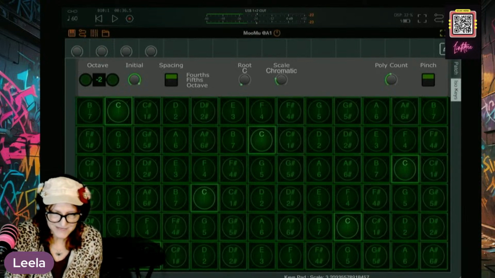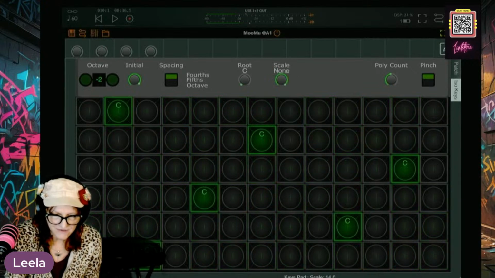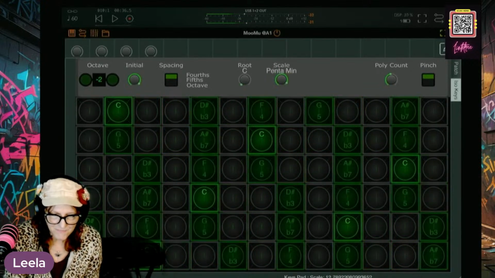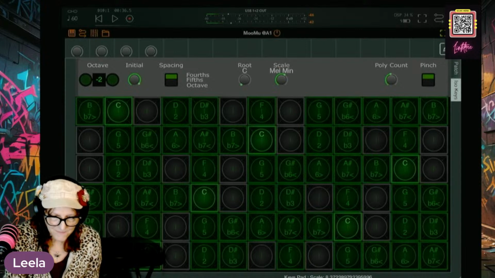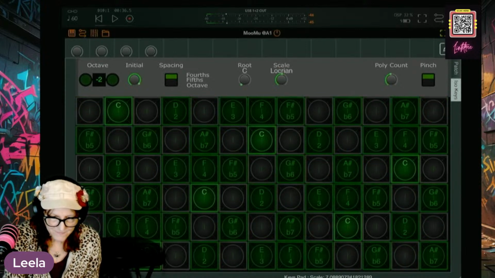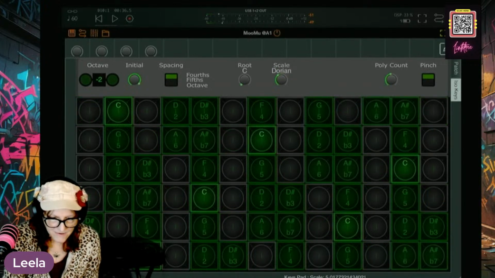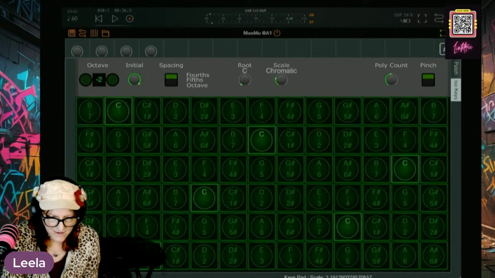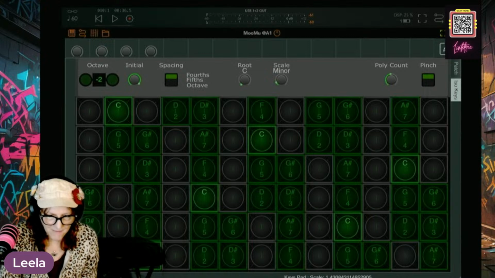I've been working with C minor. So see, you're just flipping it, and you can choose no scale, Phrygian, pentatonic minor, pentatonic major, natural minor, mixolydian, melodic minor, Locrian, harmonic minor, Dorian, blues, chromatic, Aeolian, minor, major. I'm going to leave it at minor.